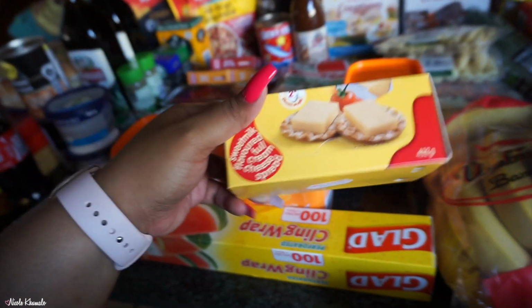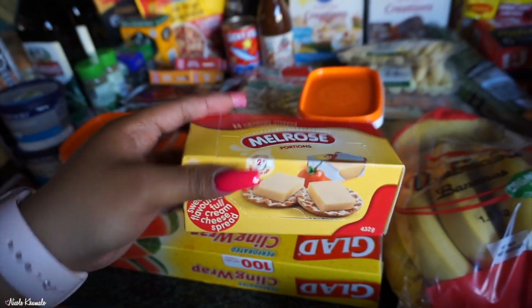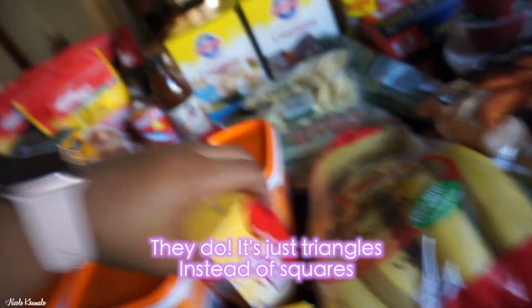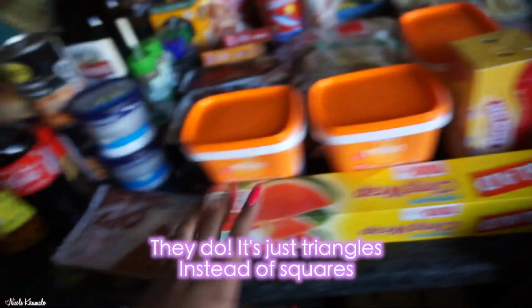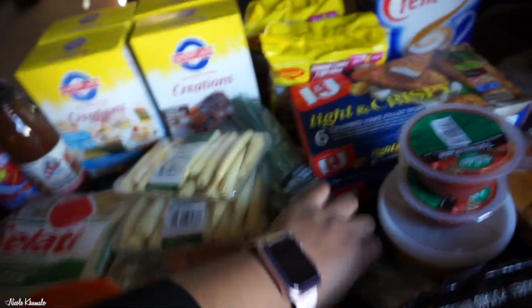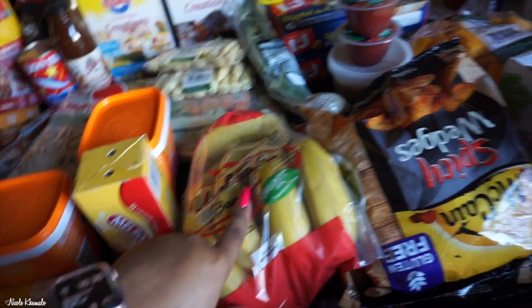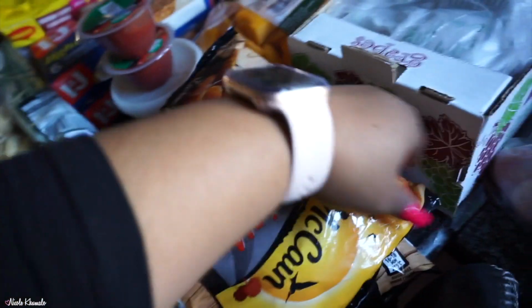These are like, there we go. There's a picture. That's pretty cool. I wish they had this for Laughing Cow because that hits differently. We have Glad cling wrap. We have some spring onion. Over here we have bananas. And then 2 packets of these